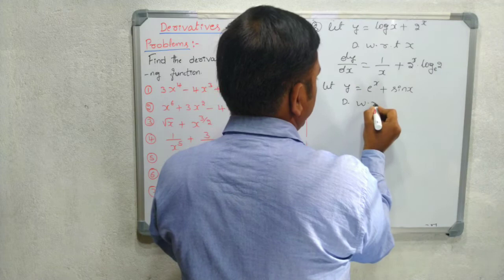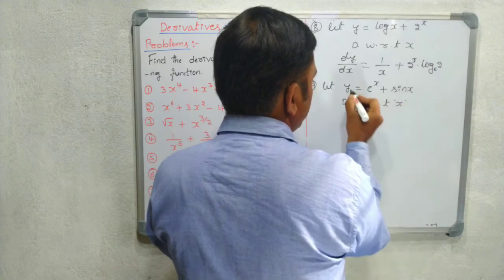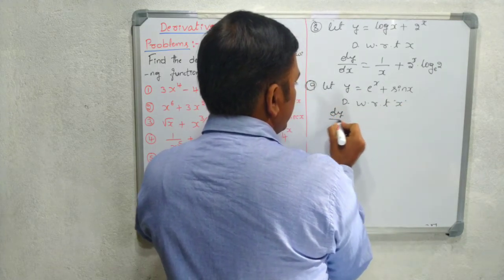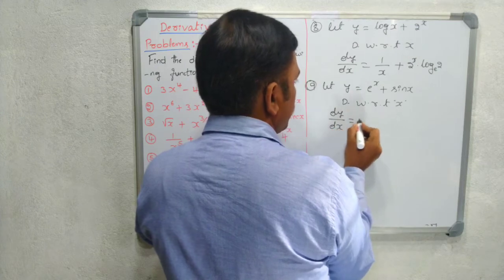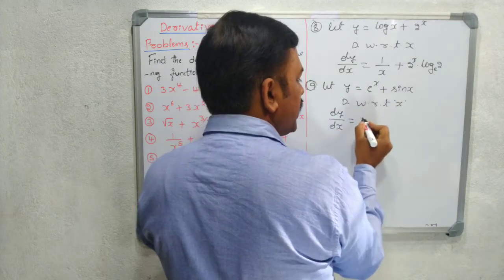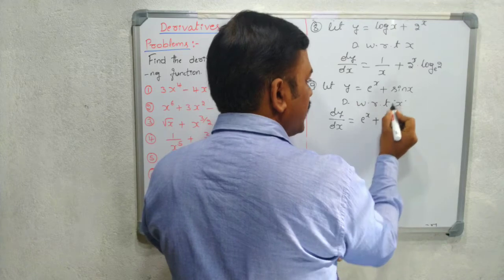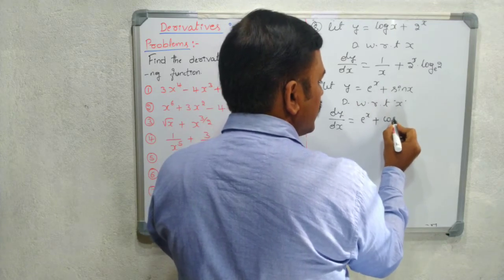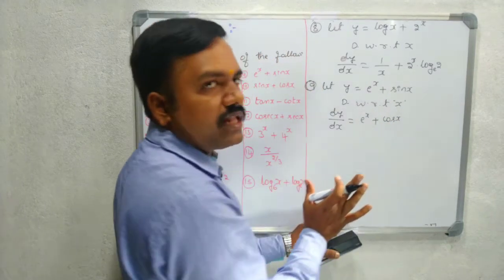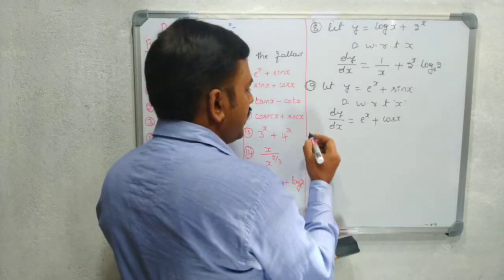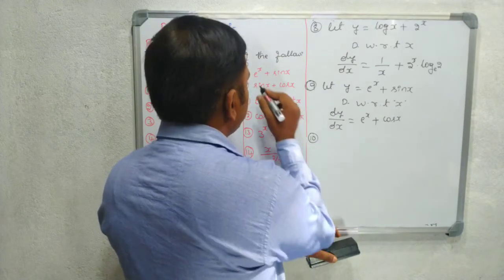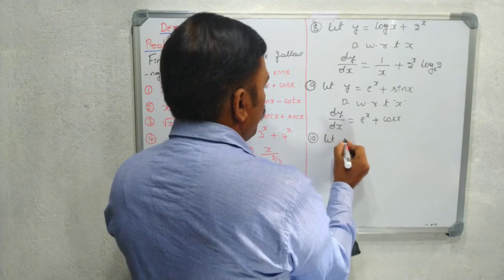Differentiate with respect to x. That gives differentiation of y is dy by dx. Observe here, e power x differentiation is e power x plus sin x differentiation is cos x. Hence the result. ಇಷ್ಟೇ ಇದಕ್ಕೆ ಆನ್ಸರ್, ಇನ್ನೇನು ಮಾಡ್ಲಿಕ್ಕೆ ಬರಲ್ಲ. ಅರ್ಥ ಆಯ್ತಾನೆ ಹೇಳಿದ್ದು? ನೆಕ್ಸ್ಟ್ 10th one, let y is equal to